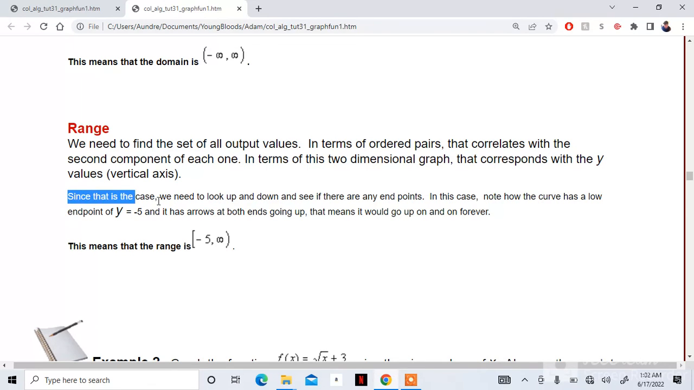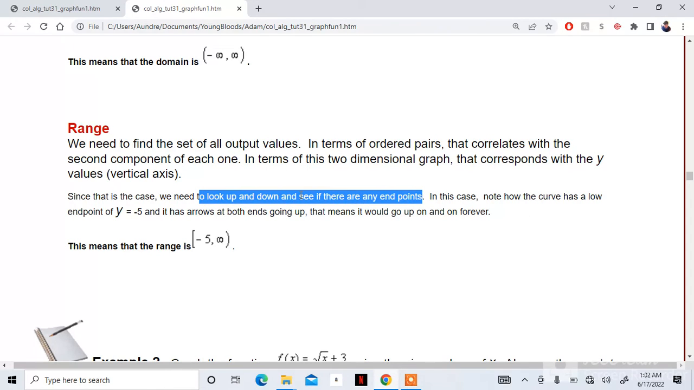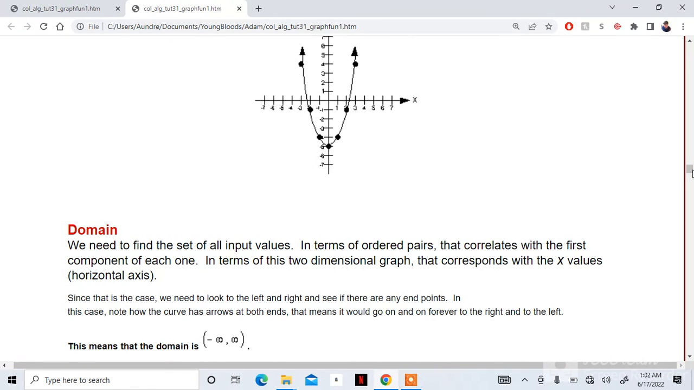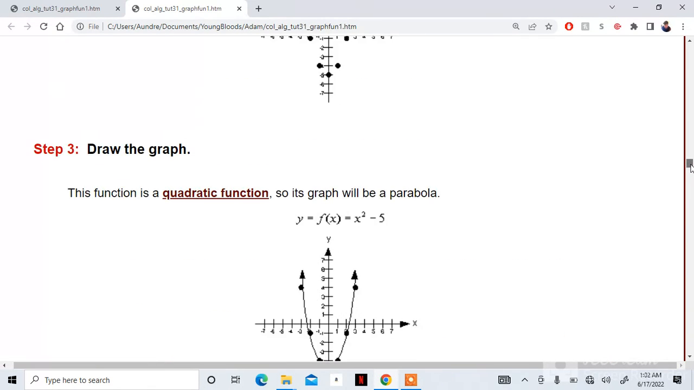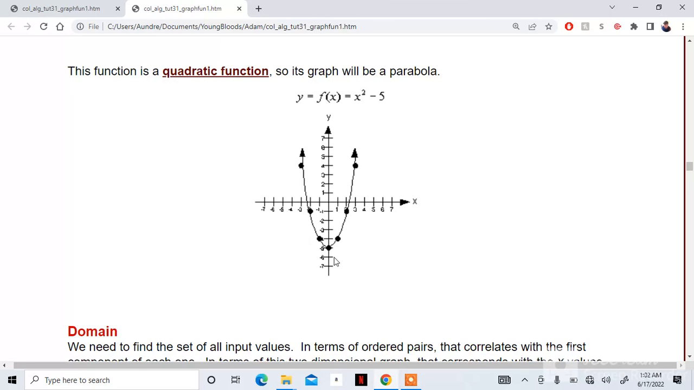Since that is the case, we need to look up and down and see if there are any endpoints. Up and down. So how much does it go up and down? This is going up, up, up, but it doesn't really go down. Okay, so there's no down arrow going